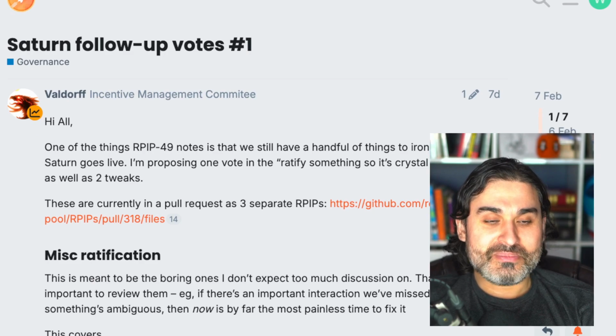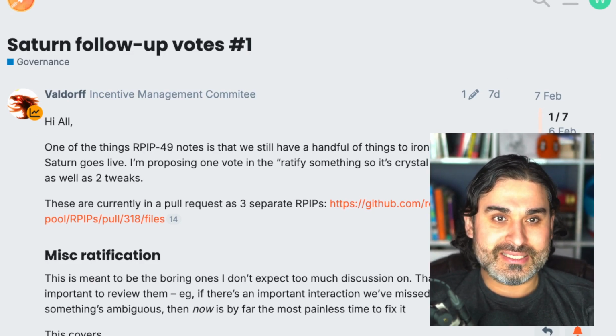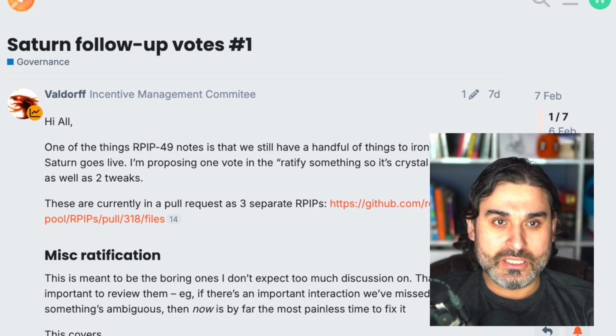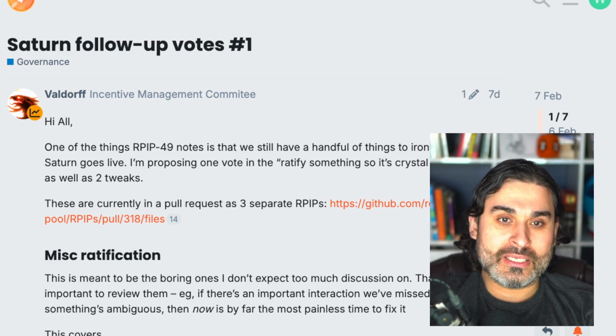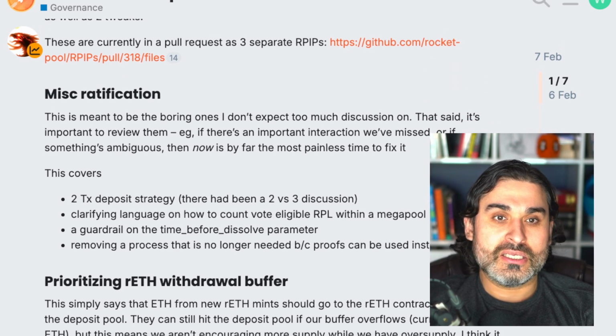Okay, there's a little interesting piece of governance that came up a couple of days ago, and Val's kind of moving this along. This is miscellaneous votes around Saturn that need to be tied up by the community. This isn't all of the votes that are outstanding, but just some of them. He wants to ratify things so they become crystal clear. Here, there are some miscellaneous things that need to be ratified, such as